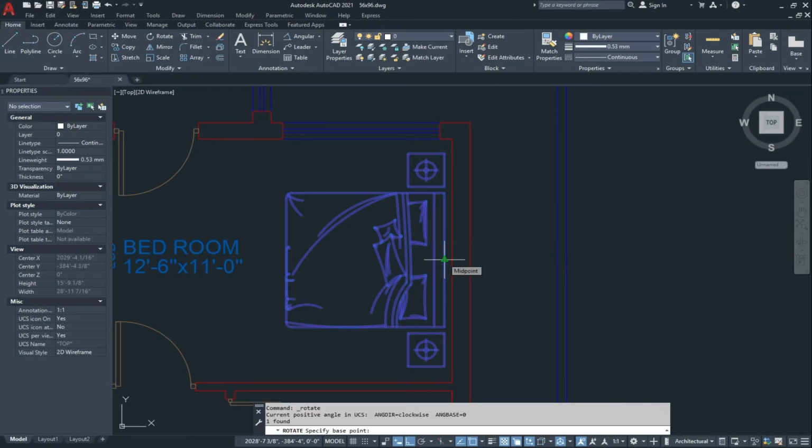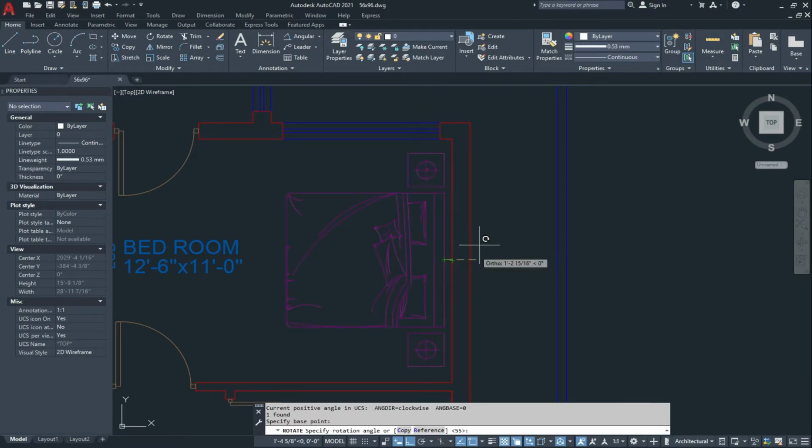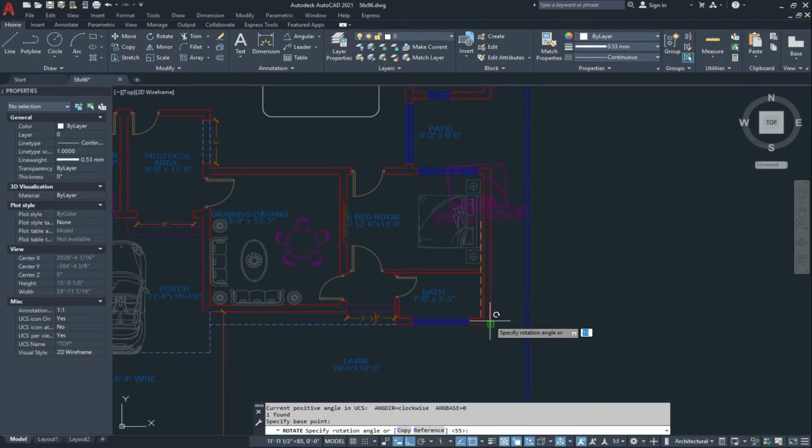So specify the base point. Now if I want to rotate this object in the XY plane, I just give the direction like this. In any direction you can rotate this object like this in the XY plane.